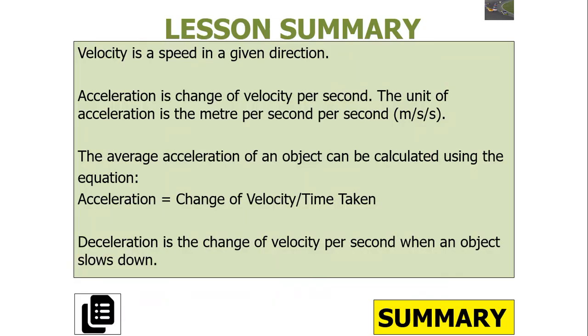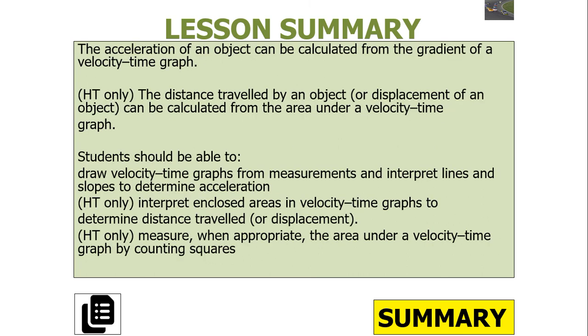So what have we learned in today's lesson? We've learned that velocity is a speed in a given direction. Acceleration is the change of velocity per second, and it's given with the unit meters per second or meters per second squared. We can calculate the average acceleration by doing the change in velocity over time taken, and deceleration is the change of velocity per second when an object slows down. Now, the acceleration of an object can be calculated from the gradient of a velocity time graph. The distance travelled by an object or the displacement can be calculated by the area under a velocity time graph,